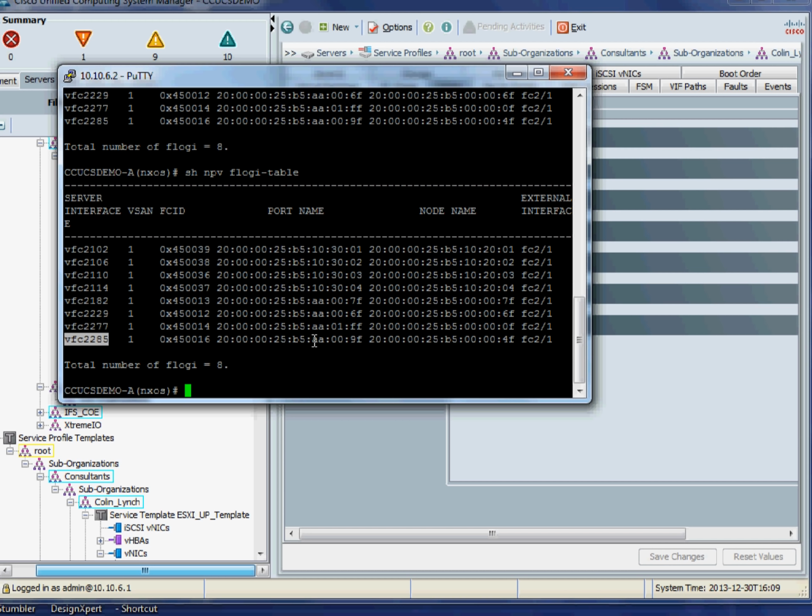Remember I said about using an A or a double A on the fabric A side, so you can immediately see if there's any issues there. So we can confirm that. So if I actually have a look at our